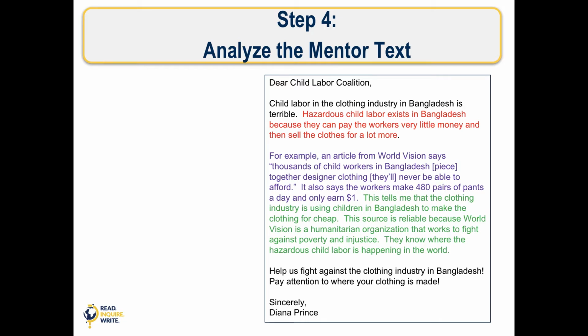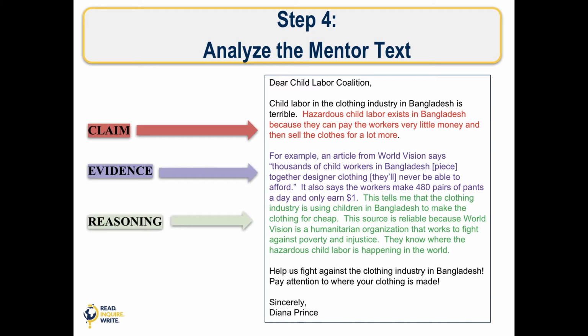Then in step 4, you will read and analyze a mentor text, similar to the type of interpretation you will write about child labor in Nepal. A mentor text is a sample of writing that shows you one way to organize and write an interpretation style argument. It includes important parts such as claim, evidence, and reasoning. It's a good example of the way you can structure your own response about child labor in Nepal. Just remember that the mentor text is not exactly what you'll write, and it is not a source. The mentor text is one example of what your essay might look like.